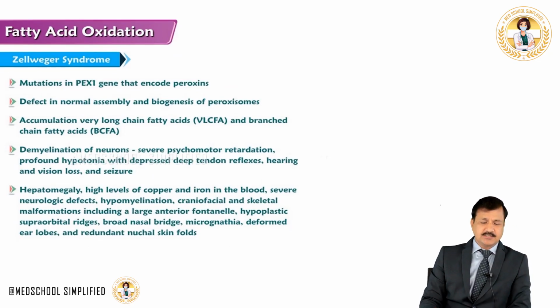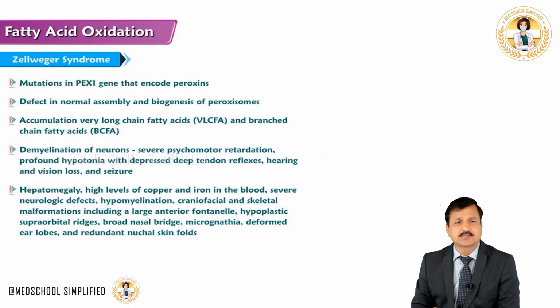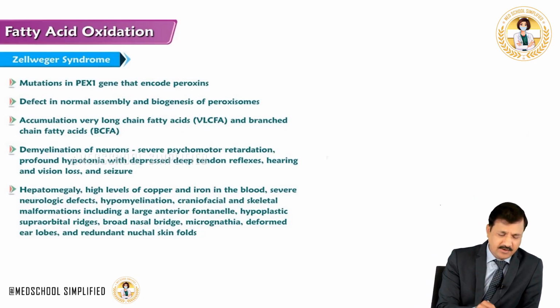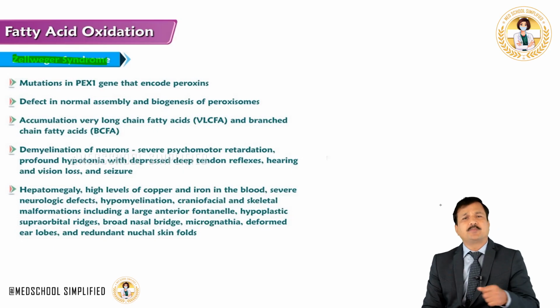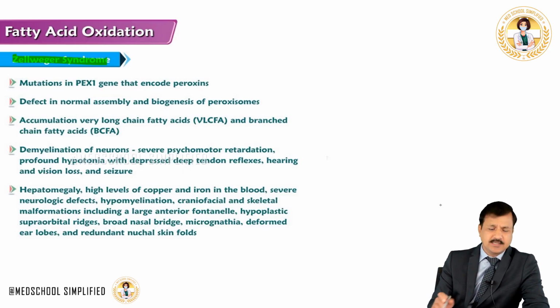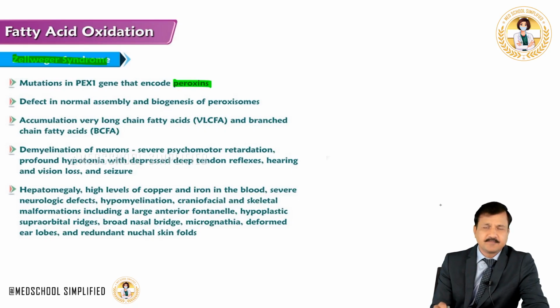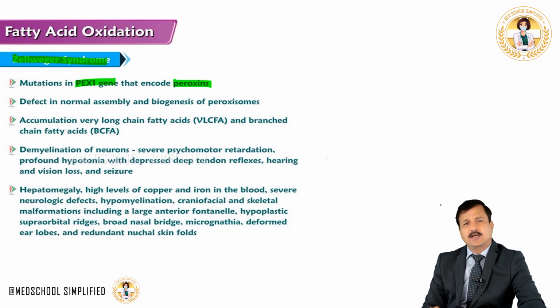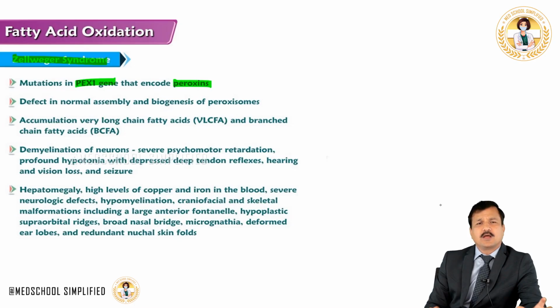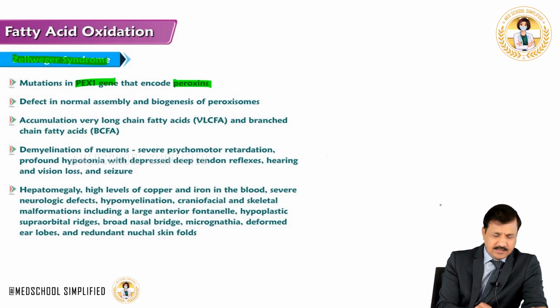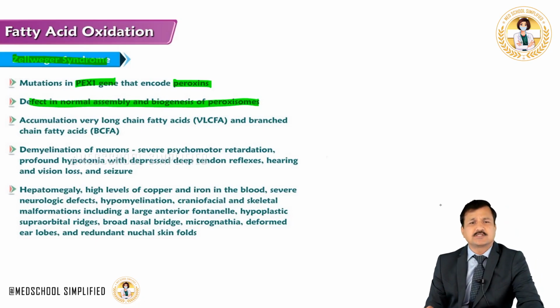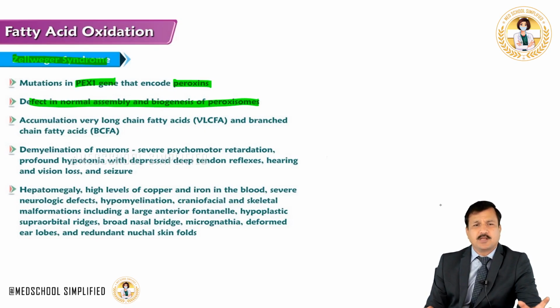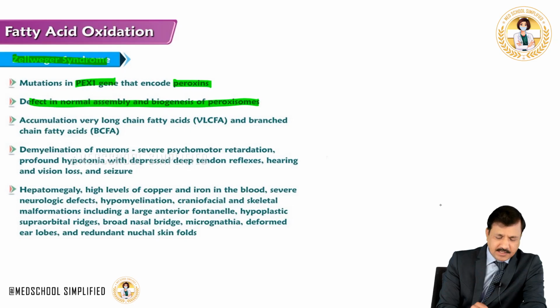Now a disease that is associated with a defect in oxidation of very long chain fatty acids is Zellweger syndrome. Zellweger syndrome is because of a mutation in a gene coding for peroxins, and the name of the gene is PEX1, and this defect leads to changes in the normal assembly and biogenesis of peroxisome. So there is a defect in the normal assembly and biogenesis of peroxisome, thereby peroxisomal function is altered here, and because of this there will be accumulation of very long chain fatty acids,